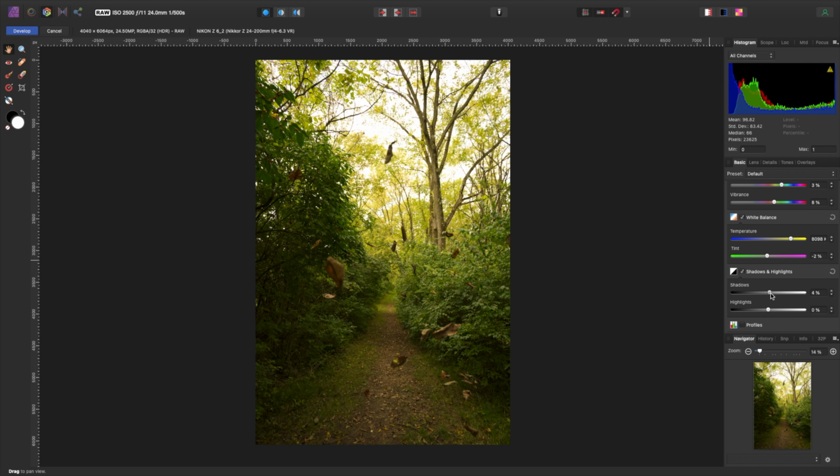Affinity Photo has this develop persona that's designed for editing raw images, and then after that it kind of saves those changes, and then you can make more edits from there with these live adjustments. At this point, that's where this HSL layer is, and I'm going to add one of those because where I made all those white balance changes to make it a lot more golden, I don't quite like the way that the greens in the bushes look now.